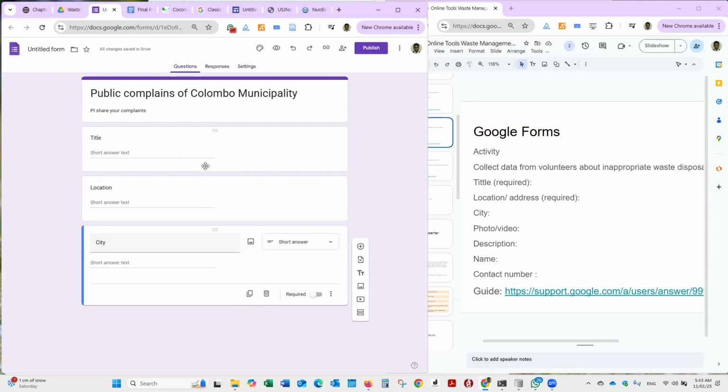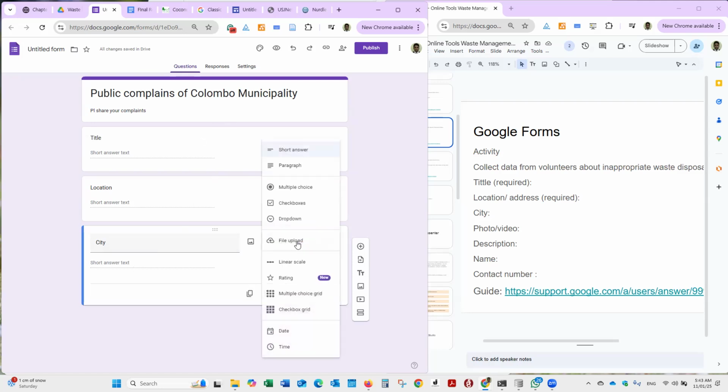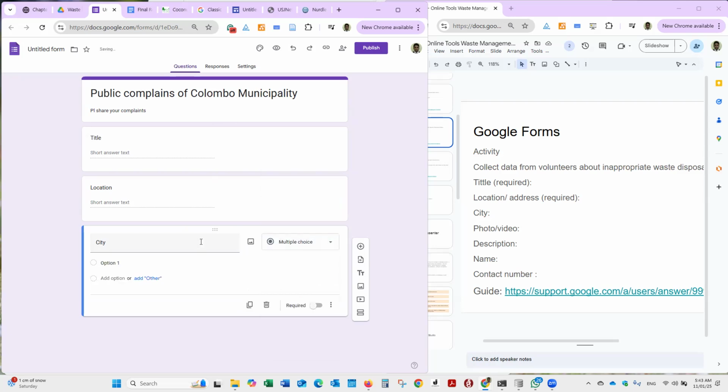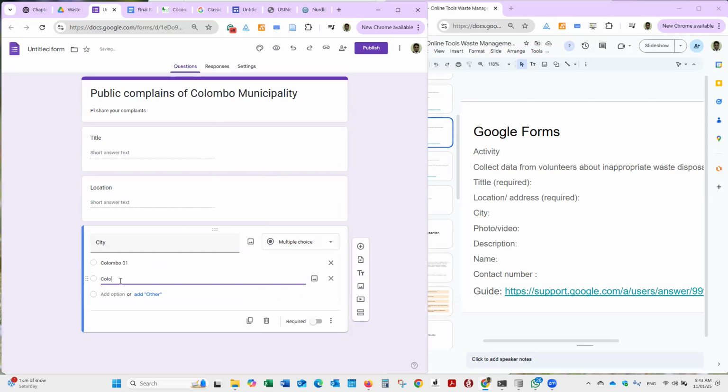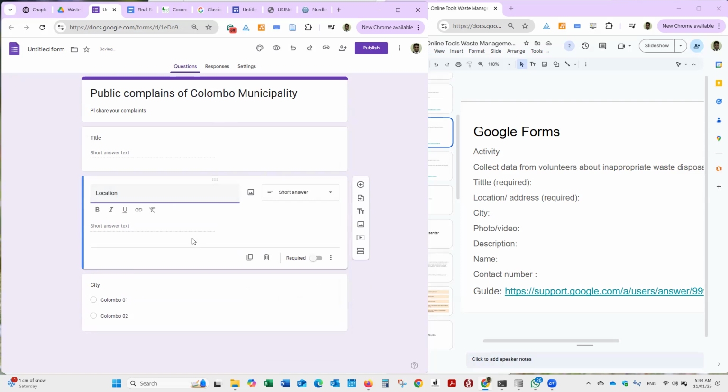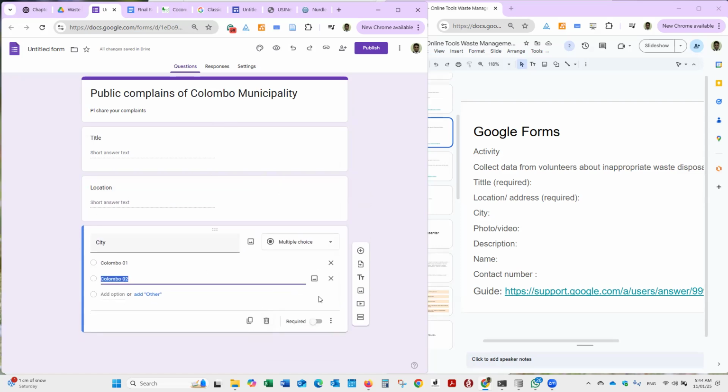sorry, suppose now if you are sharing this within the Colombo municipality, if you want, I will select this as multiple choice. I want to show you how it works, right? City, you can say, we don't want to add all, Colombo 1, this one is Colombo 2. Suppose we are collecting information from Colombo 1 and 2. We don't have time to enter all the Colombo suburbs, right? Right. Then